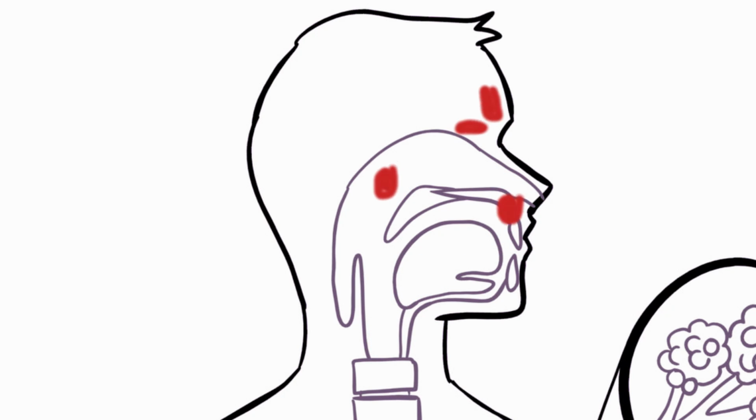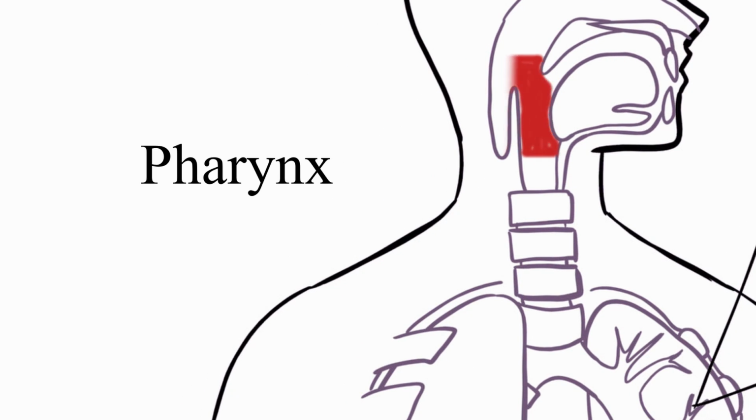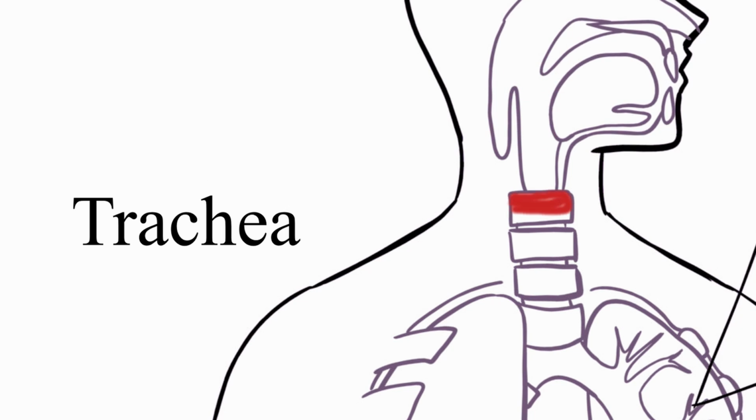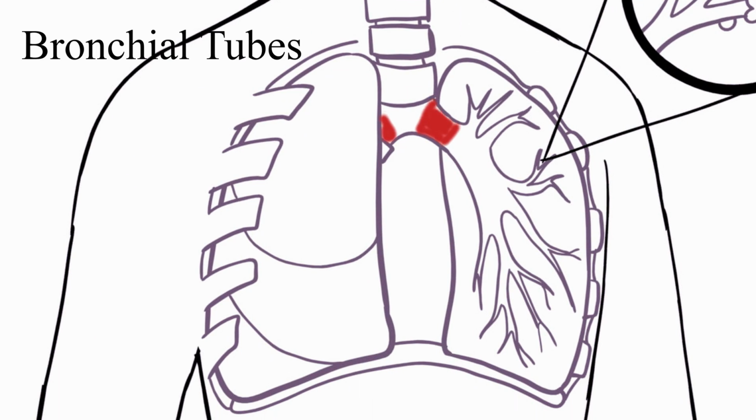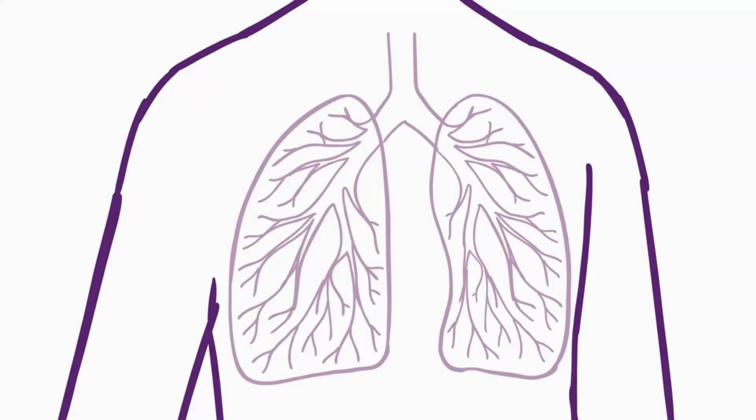Next is the sinuses, the hollow areas between the bones in our head that help us regulate the temperature and humidity of the air we inhale. We also have the pharynx, which is the tube that delivers air from our mouth and nose to the trachea or windpipe in our body. Moreover, the bronchial tubes are the tubes at the bottom of your windpipe that connect inside of each lung. The lungs are the two organs that remove oxygen from the air and pass it into our blood.